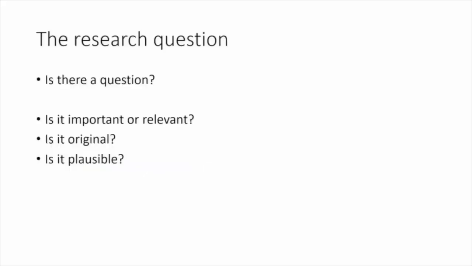What makes a good paper? The fundamental part of any good paper is the research question. Has anyone here ever picked up a paper and had no idea what the paper's about? Is that because you're an idiot? No. It's